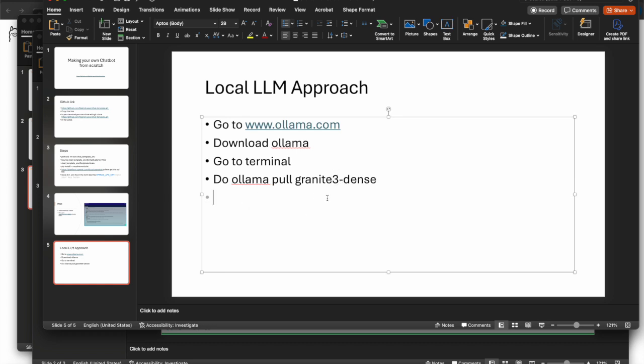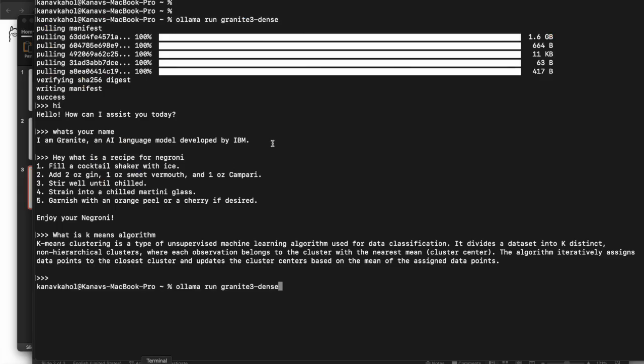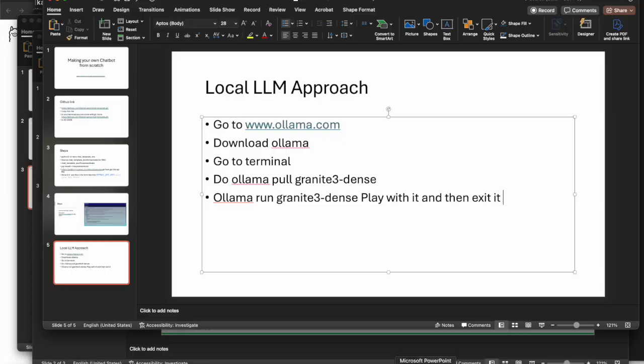So that's our model. Then ollama run granite3-dense, right? Play with it and then exit it. I think the way you, let me see how you exit it, right? So I haven't done this for a while. Hi. And then I think if you do Control D, it actually exits it. So I remember by pressing